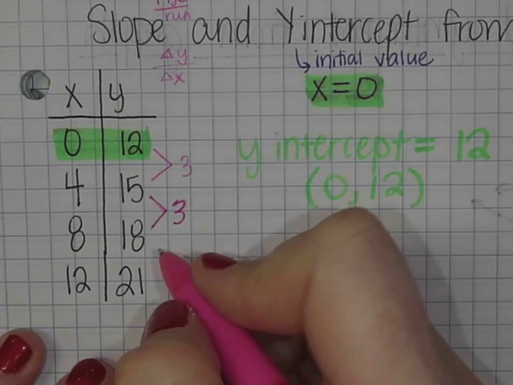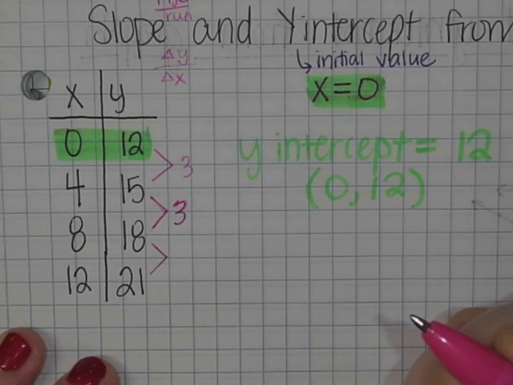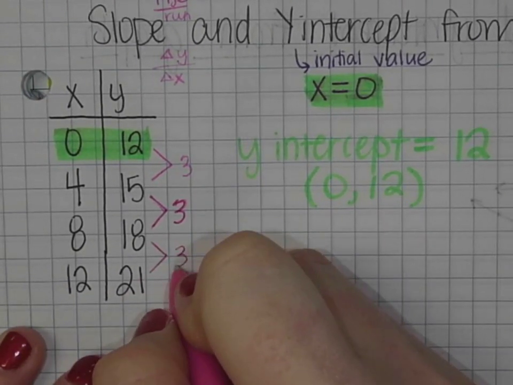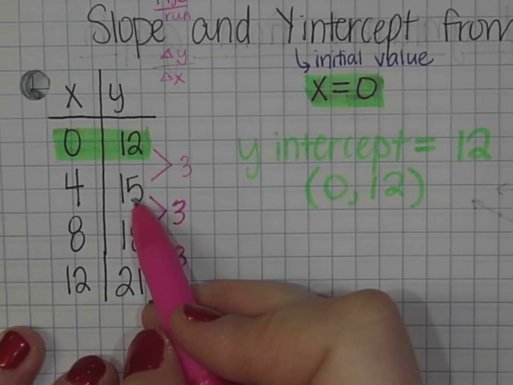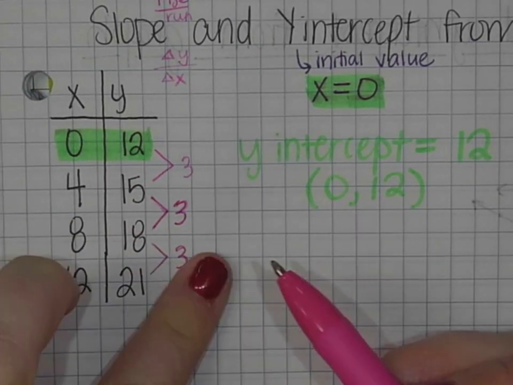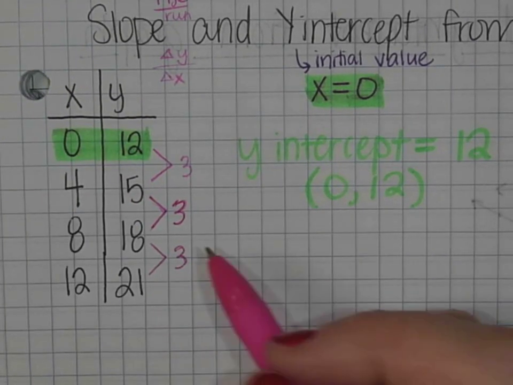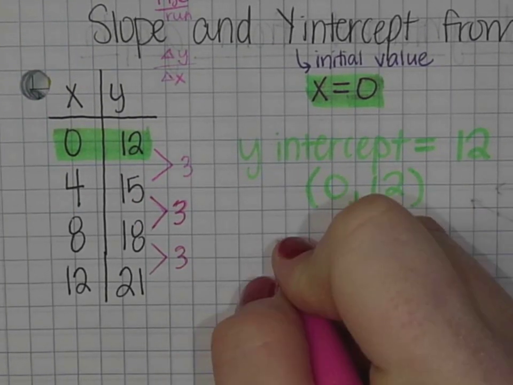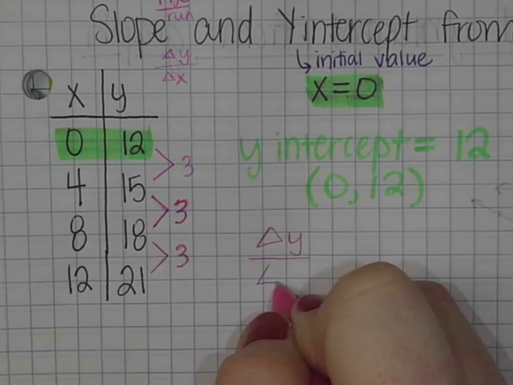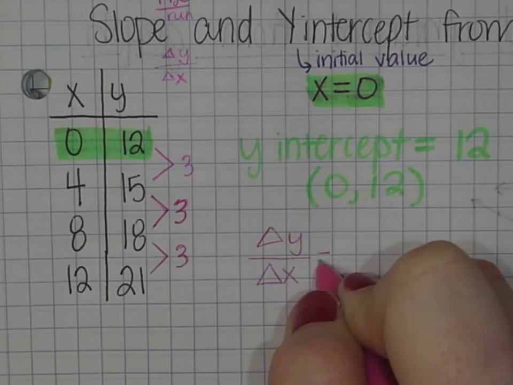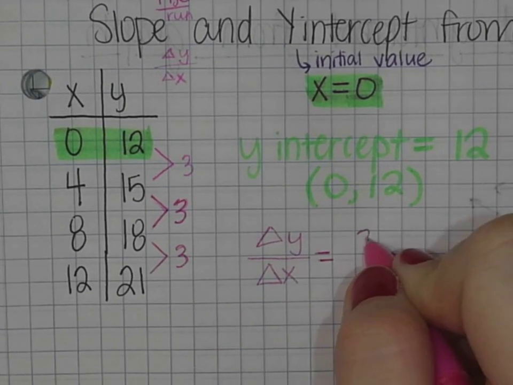So that changes by 3. And then 18 to 21 also changes by 3. 12 plus 3 is 15, 16, 17, 18, 19, 20, 21. So I would set it up as change in y over change in x. So it'd be 3